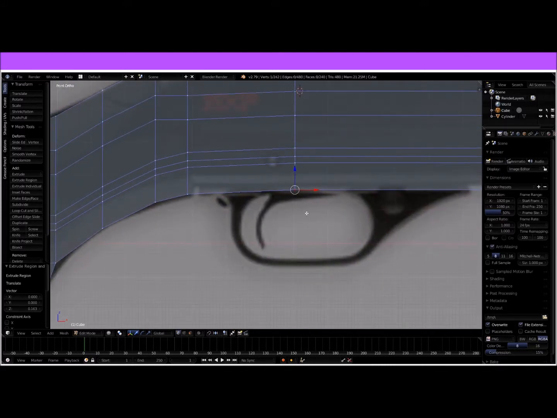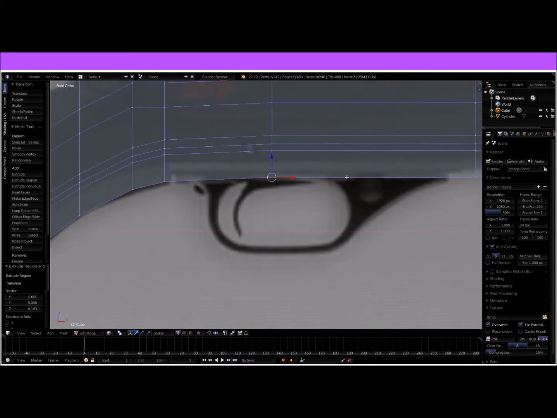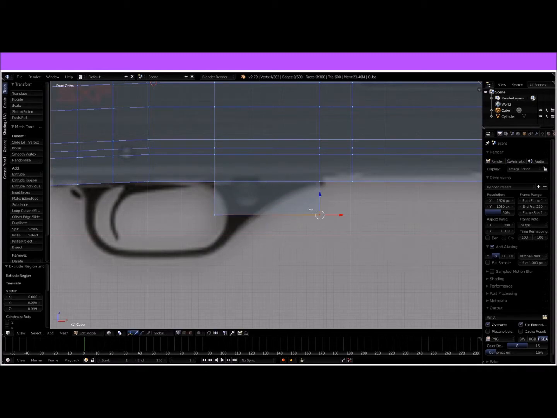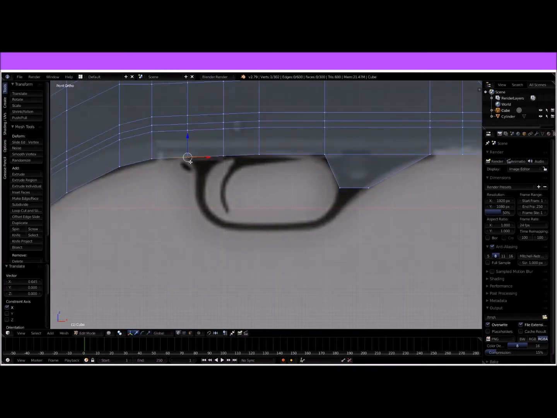Okay, so now I'm going to probably be working on the trigger. So I'm going to add 2 loop cuts about right there. And 1 loop cut there, and 1 loop cut there. So I'm going to grab these, extrude down to probably about there, make this go in quite a bit, make this go in a little bit like that, grab these, make them go in,